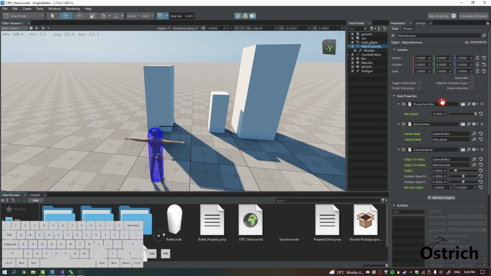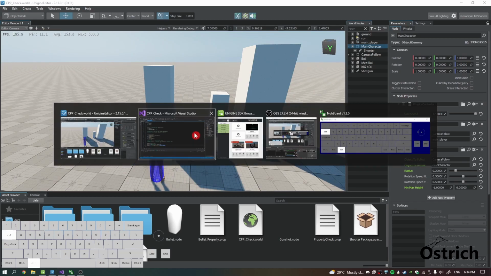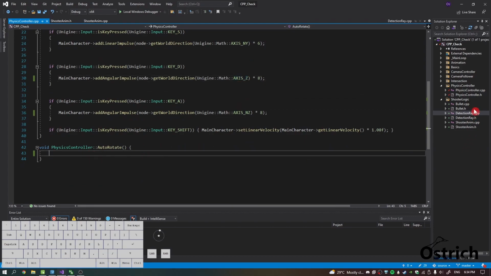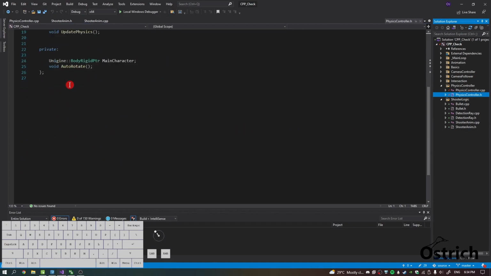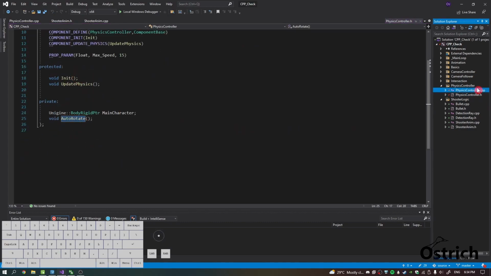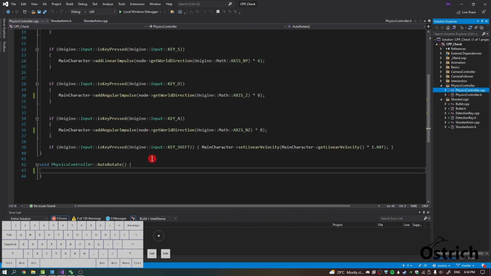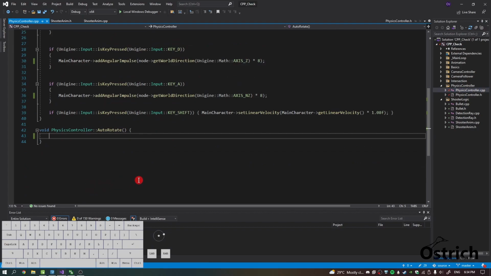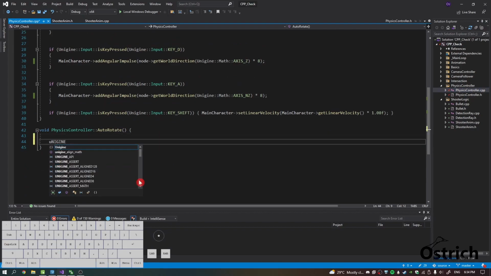He has a script property called physics controller. We're going to go in there first and add a function called auto rotate. We added that in our header right here. What it's going to do is check the angle between where we're looking and where the camera's looking, and rotate the guy to stare at it. So to do that, we're going to go into Unigine,